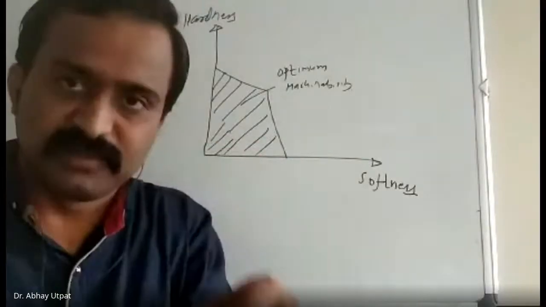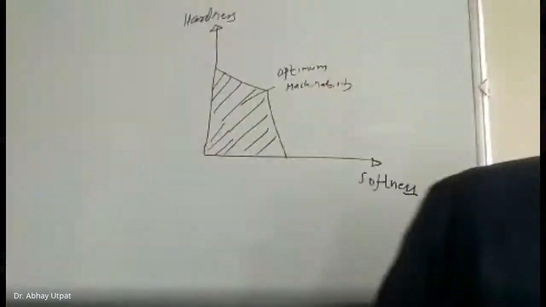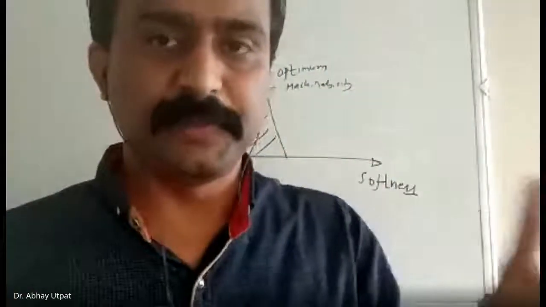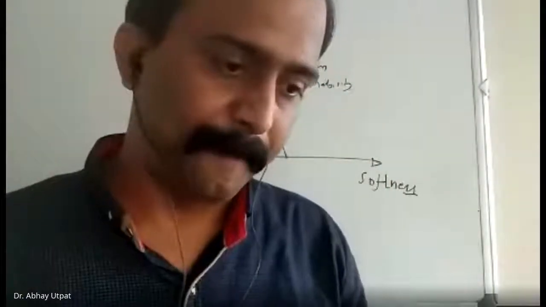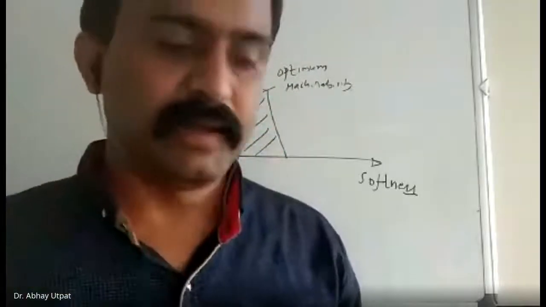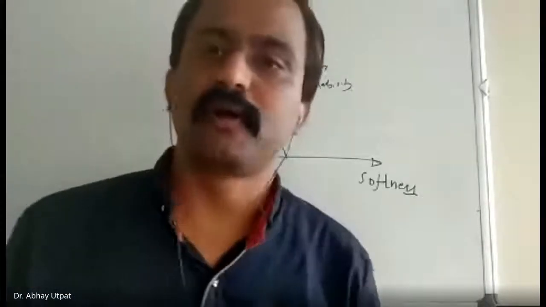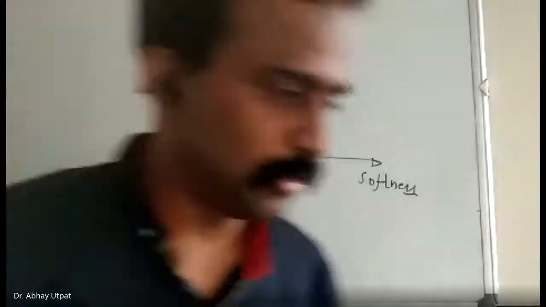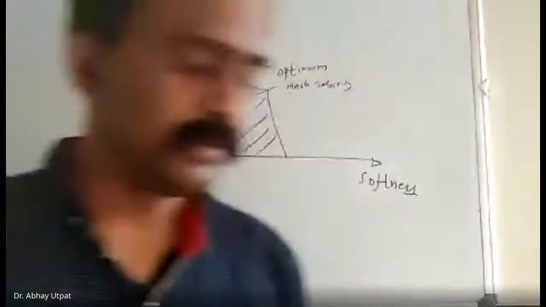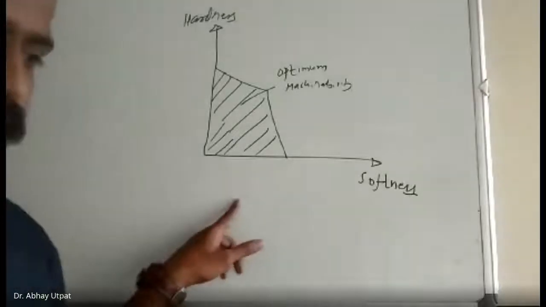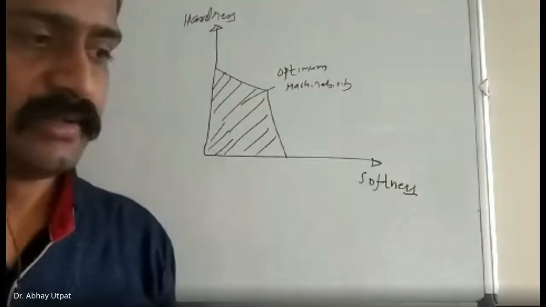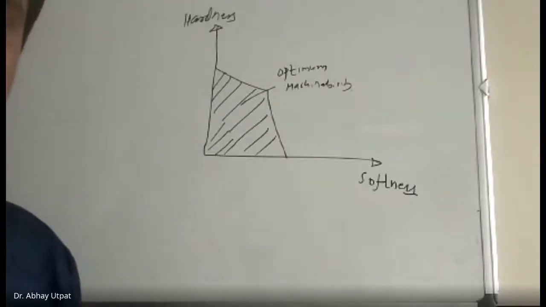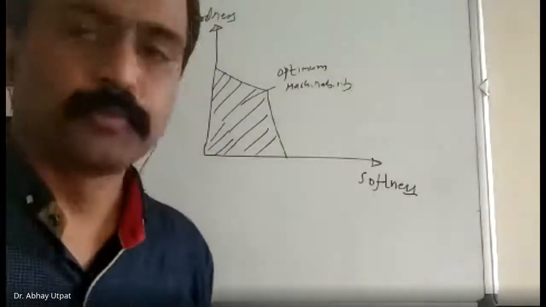So next line, make one chart. First, on the left hand side, type of steel, and on the right hand side, condition for optimum machinability. So point number 1, mild steel, in bracket up to 0.2% carbon.